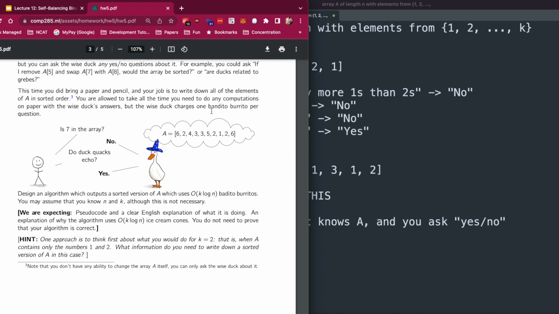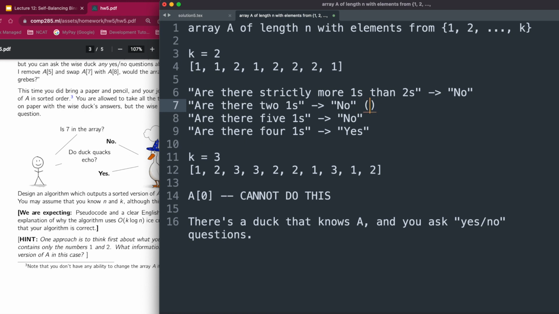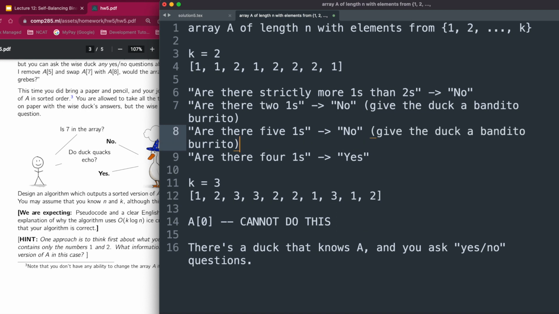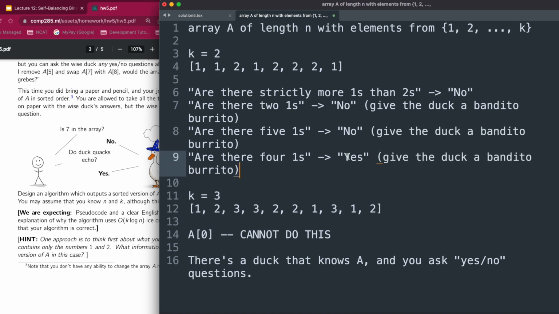Okay. Your goal. Oh, and here's the other thing. It takes one bandito burrito. For each question you ask, you have to give the duck a bandito burrito. And you're kind of like a poor college student, so you don't want to give him that many bandito burritos. So what we're doing is we're going to design an algorithm that uses the duck. You can ask the duck whatever you want. You don't care how the duck works or how the duck knows. You can ask the duck any yes or no question,